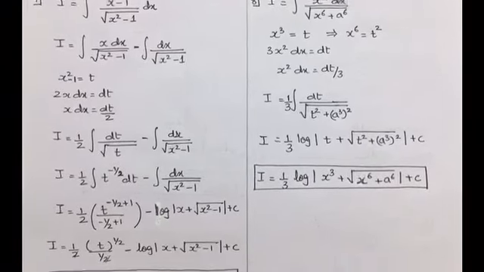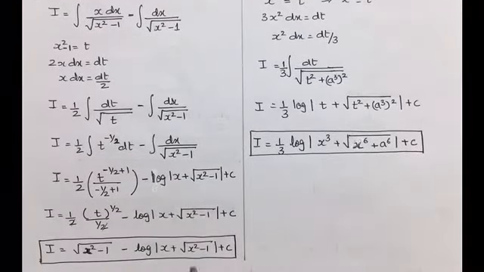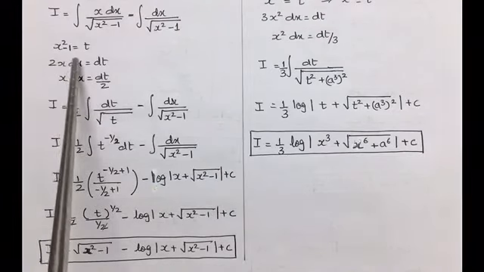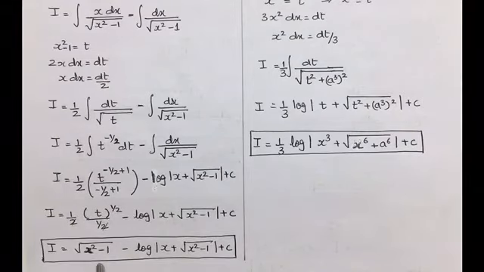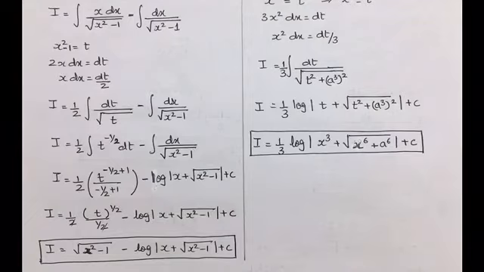So this is one of the typical examples that we have. Solving this, that is t raised to half upon half, we will get minus log will be as it is. Putting the value of t as x square minus 1 in the final answer, this is the final integration that we will get.